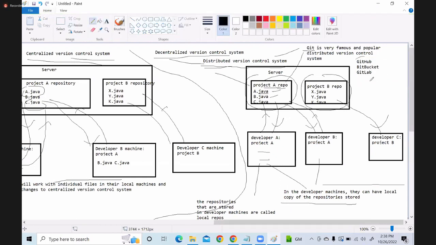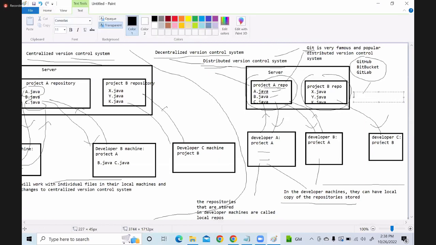GitHub has provided a tool for implementing the Git version control system. So these are the tools developed for the Git version control system.